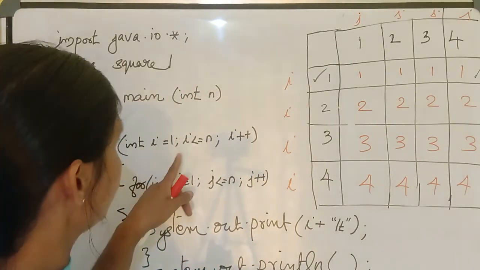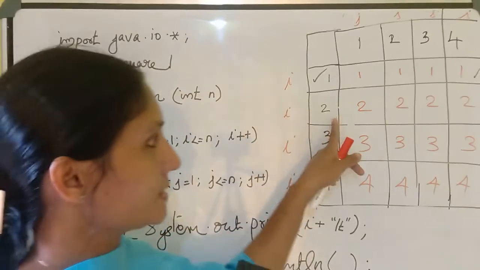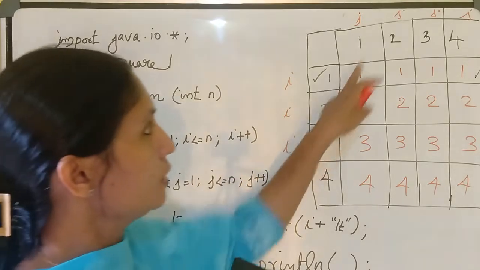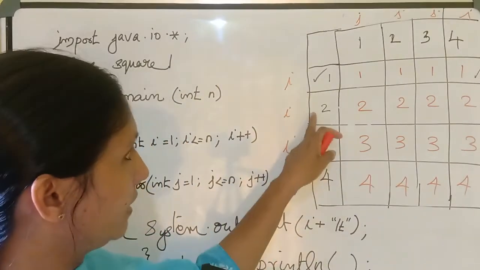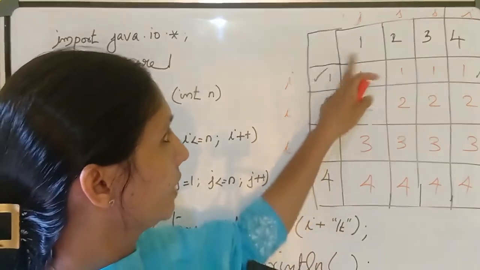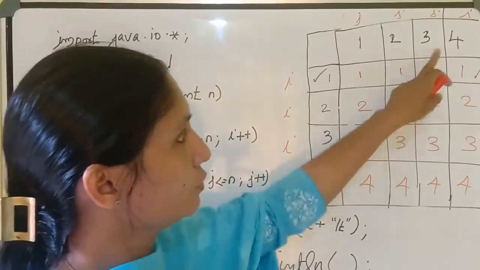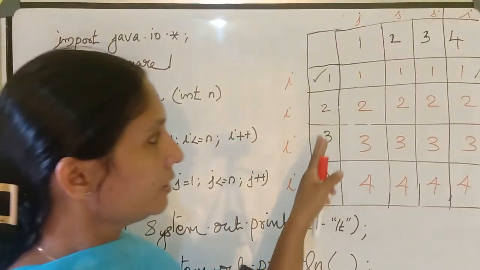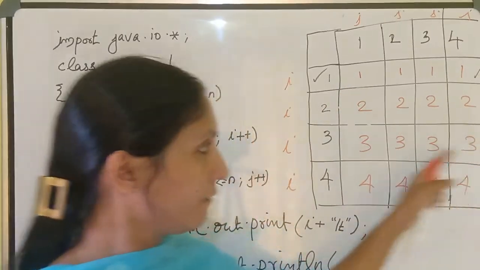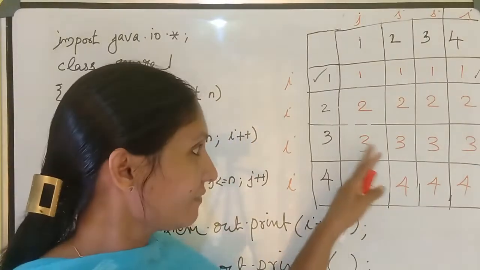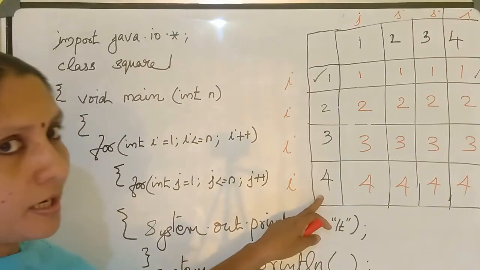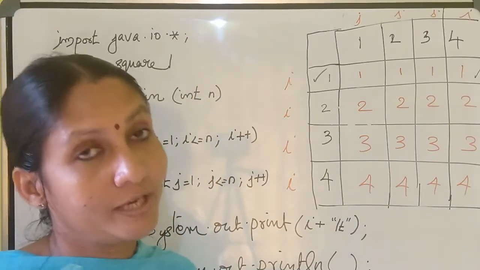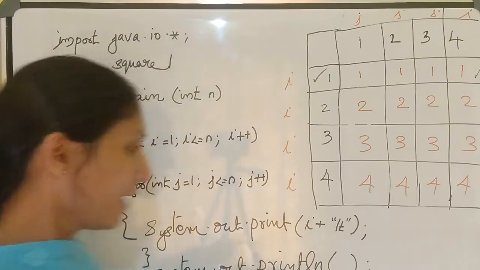How will it work? Again, it will change the value of i to 2. That means the second row. After that, it will go to the inner bracket. Then j starts from 1. That means 2, 1, you will get the value of i. Here the value of i is equal to 2. You will get 2. 2, 1, 2, 2 also you will get 2. 2, 3 also 2. 2, 4 also 2. Again it will go. Then it will work 3, 1, 3, 2, 3, 3, 3, 4. Everywhere you will get the value of i is equal to 3. Next time you will get i is equal to 4. 4, 1, 4, 2, 4, 3, 4, 4. The element is 4, because the value of i is equal to 4. Like that it will work.